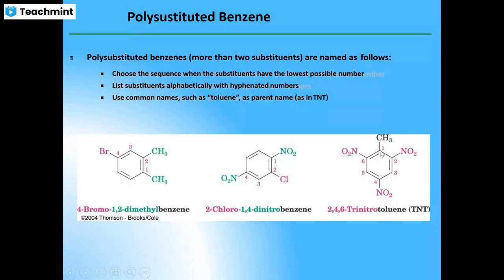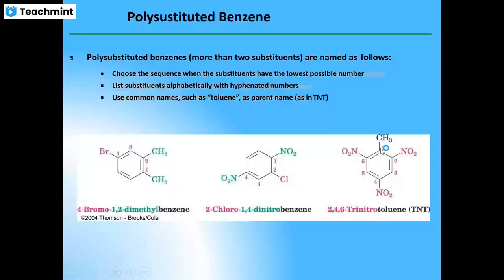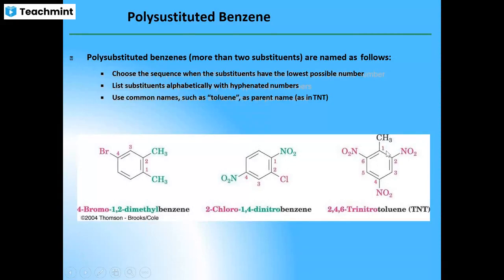The CH3 group is present on the benzene ring, so that is methylbenzene. But the common name of methylbenzene is toluene, so the common name can also be used. It is given to use a common name such as toluene as the parent name for that compound. Here, this CH3 group is present on benzene, so the common name of that compound is